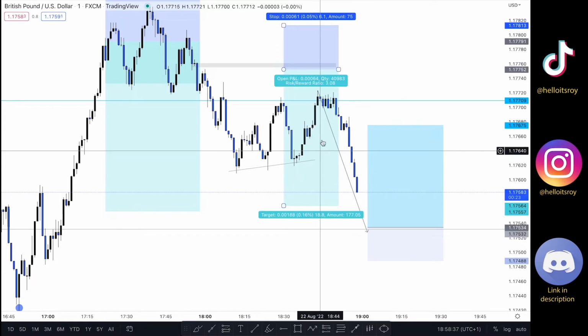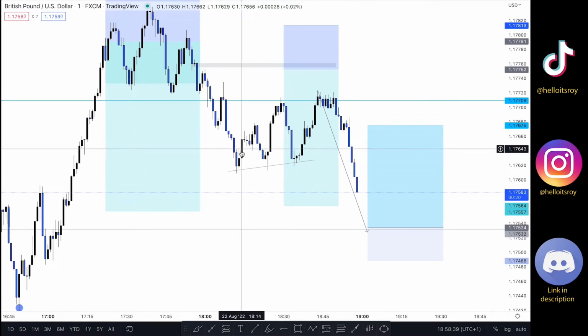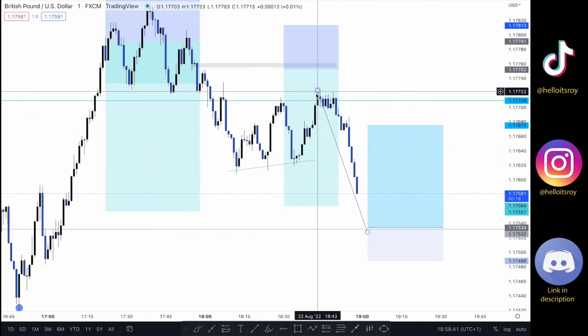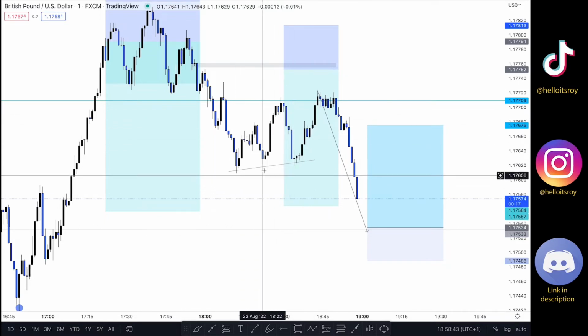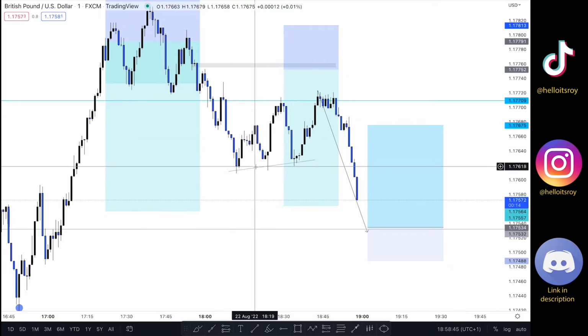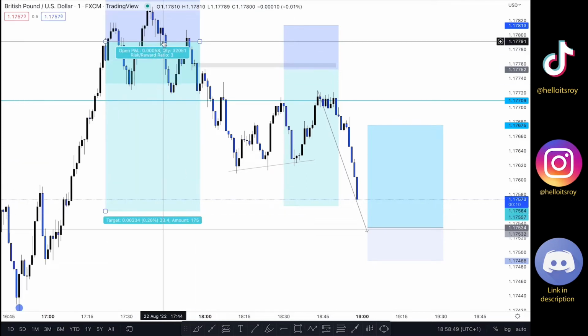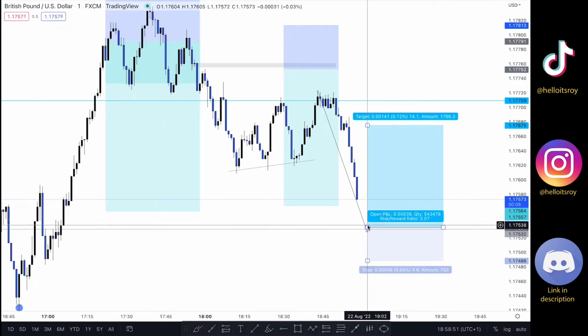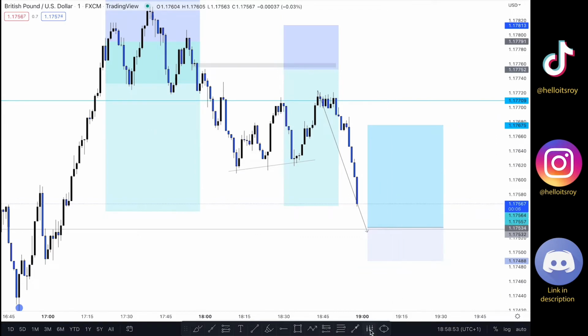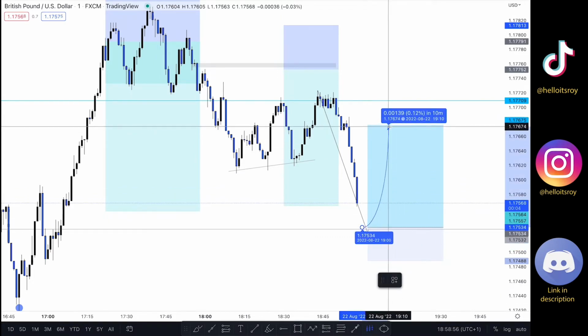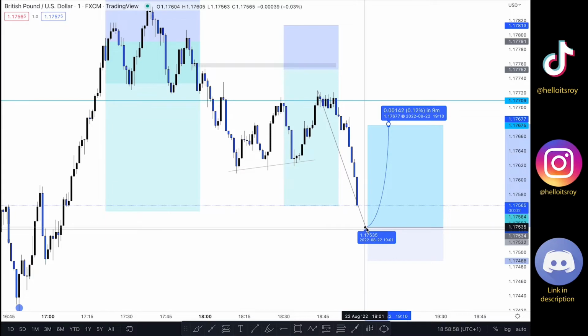So this is my next trade. You know that I bought GBPUSD from here. It went up to here. I've taken partial profits on this position. Right now I was triggered out of this buy by a small loss, and now as soon as this hits my target, it's going to be a big win for me. And then I'm going to try to take this buy up to here to try to take another win, and then I'll be done with GBPUSD.